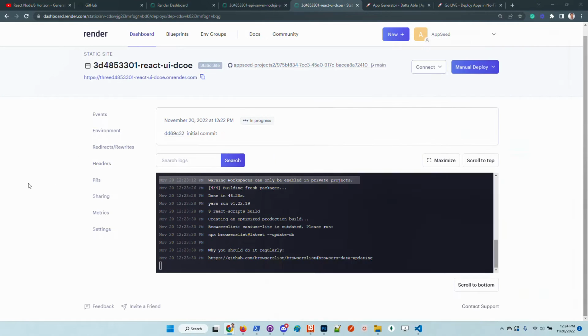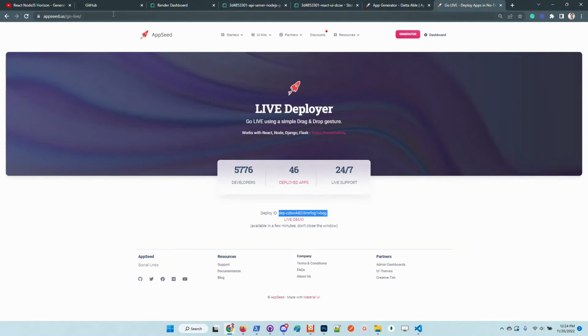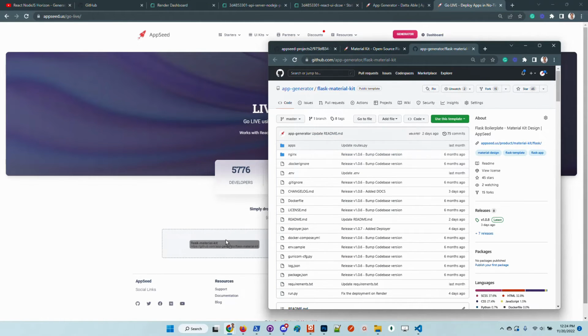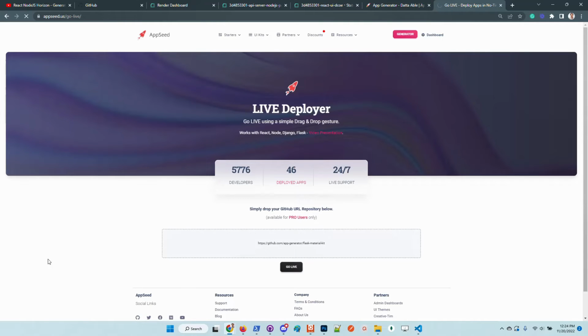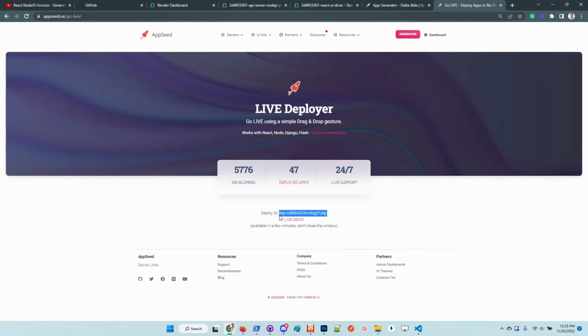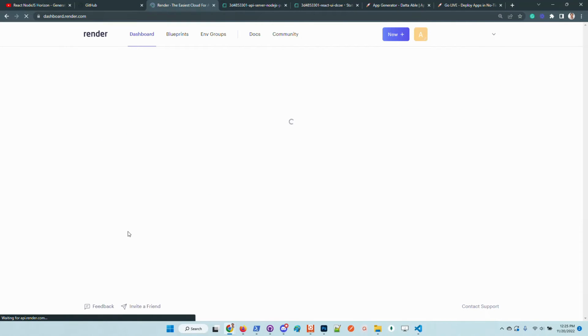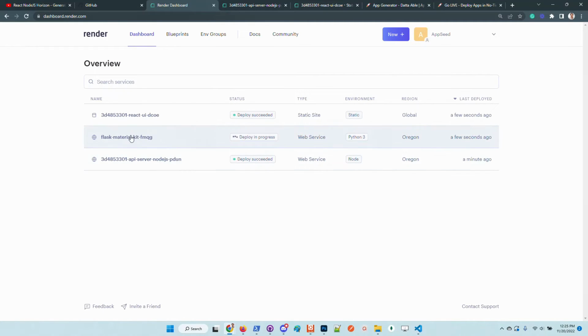So basically, if I want to deploy this one, I will access the live deployer page and just drag with the mouse and confirm the deployment, and wait for the completion. Okay, this new deployment will be live in just a few minutes. If we go here to the Render dashboard and refresh the page, we can see that the Flask material kit is under deployment. Okay, I will go back to the Flask material kit once we test